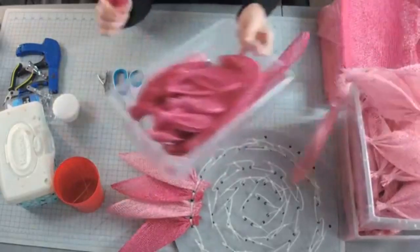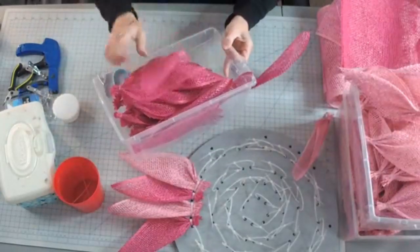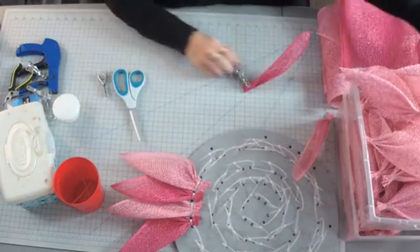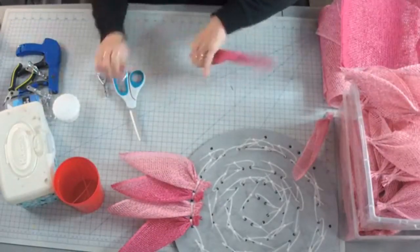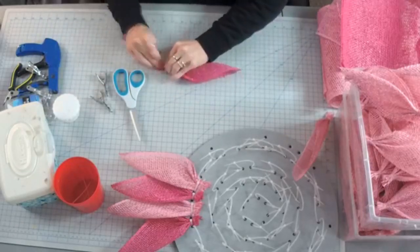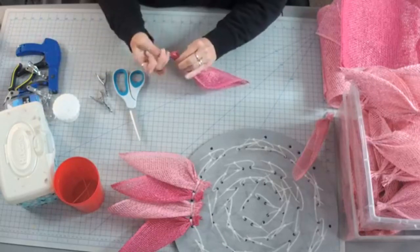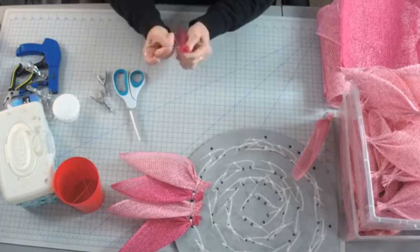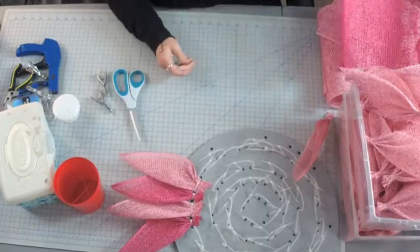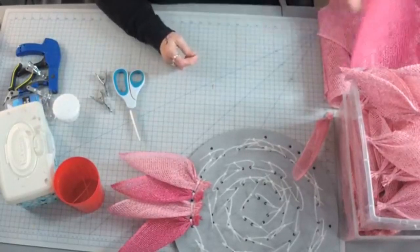And I have some bins. You can use shopping bags or whatever to throw your pre-made petals in. And always remember that you want the serged edge to the right. Okay, and there's two of the dark pink. Now another way you can do it,